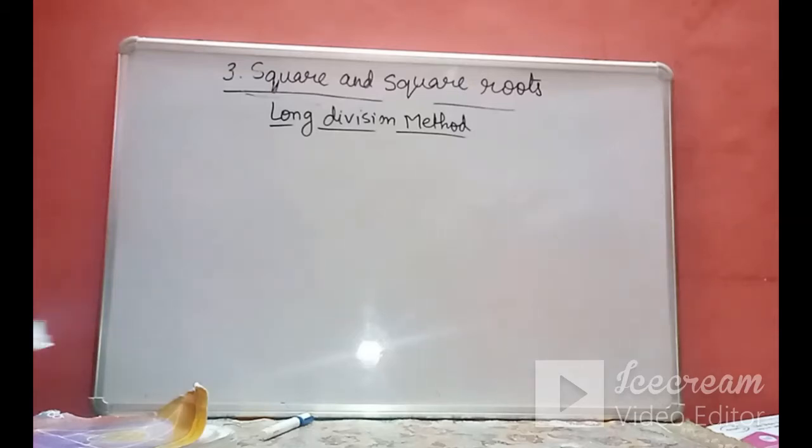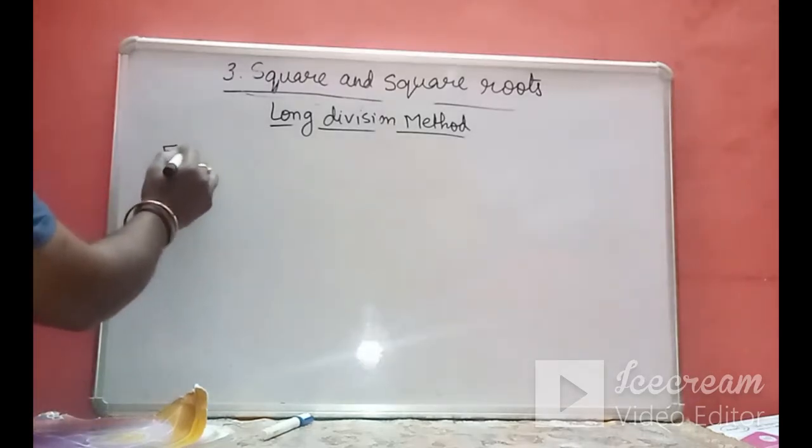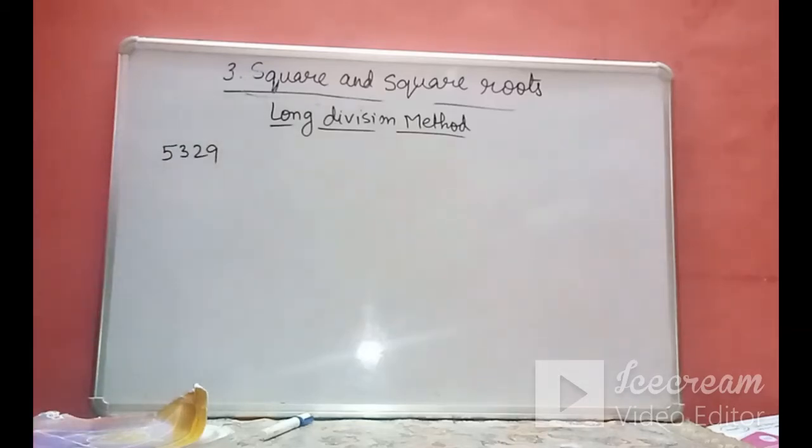And what is the utility of this method? The utility of this method is whenever you have a large number whose prime factorization consists of many prime factors. Like the number 5329 that we have seen, it is divisible by 73 only, and 73 is a big prime number, so it is very difficult for you to judge the divisibility of this number by 73.